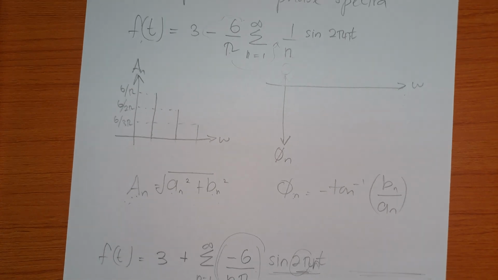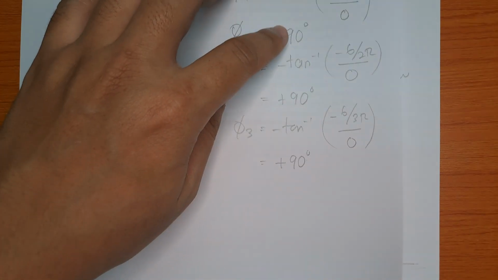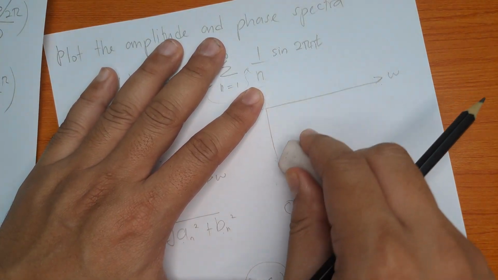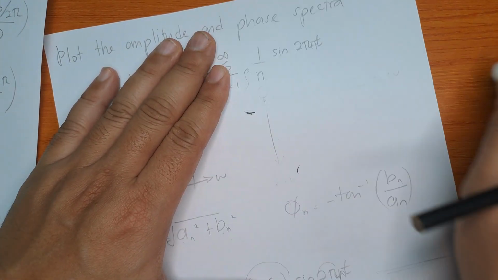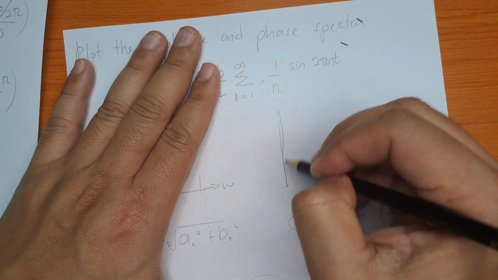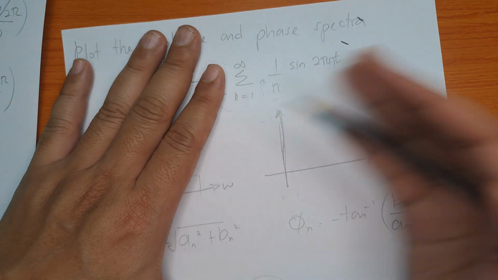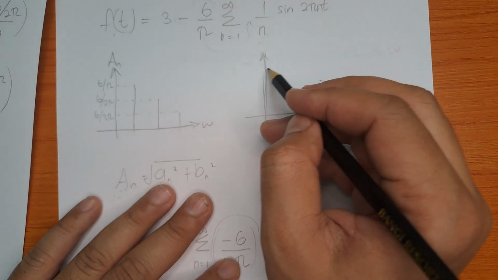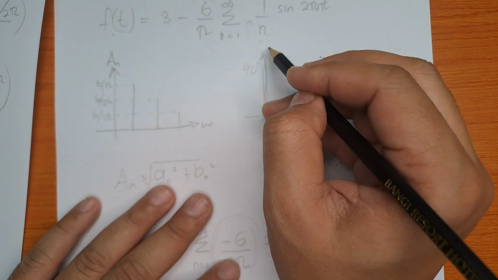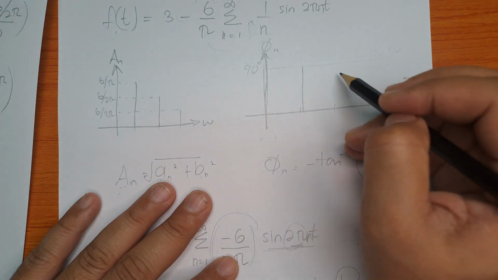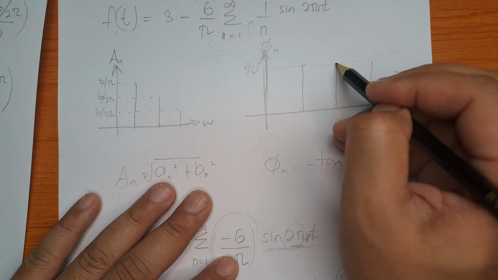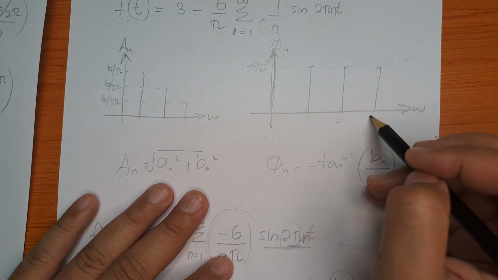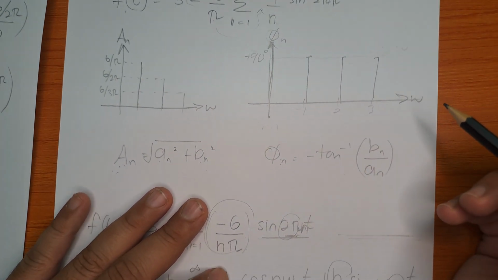And for the phase spectra, because your value is now positive, you just have to have 90 degrees positive for 1, 2 and 3. Okay,